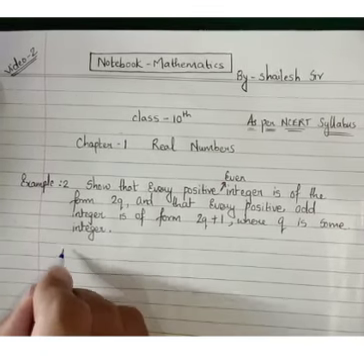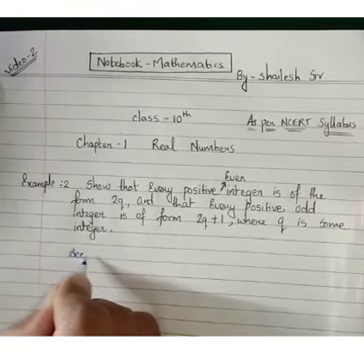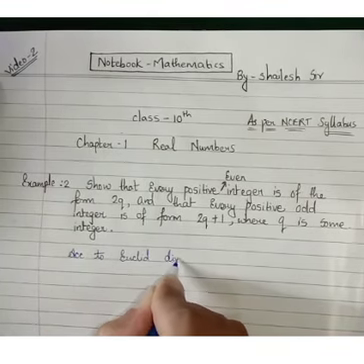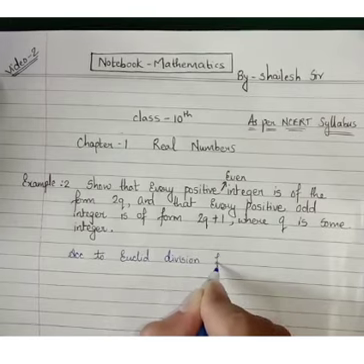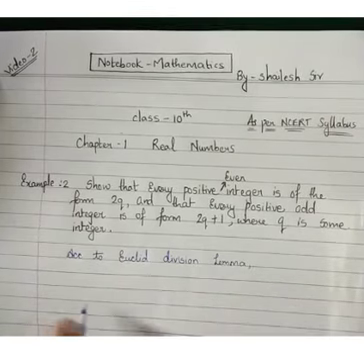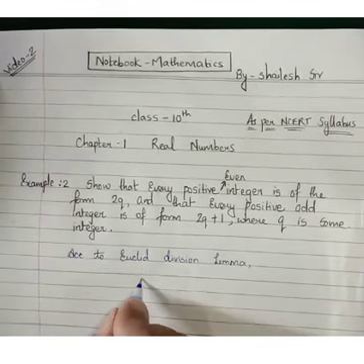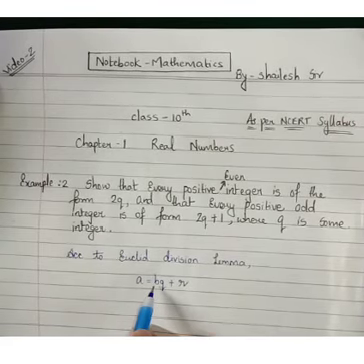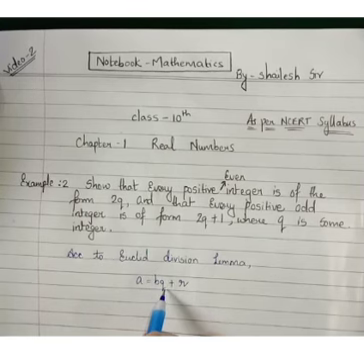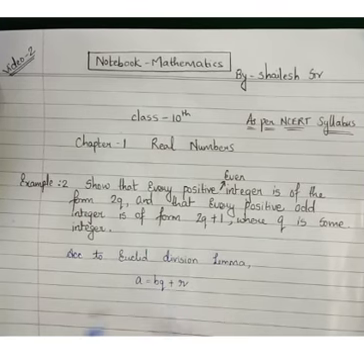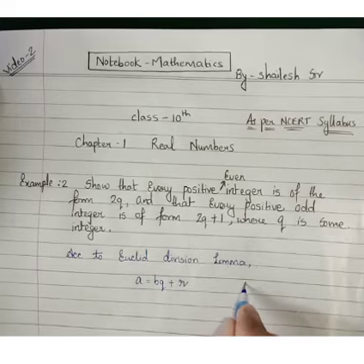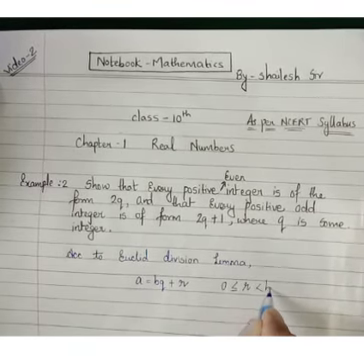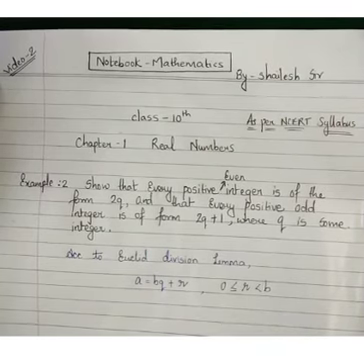So according to Euclid's division lemma, we write a is equal to bq plus r, where a and b are integers, q is the quotient and r is the remainder, and the value of the remainder is always greater than or equal to 0 and less than the value of b. So in this question,